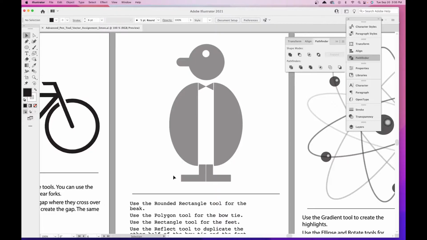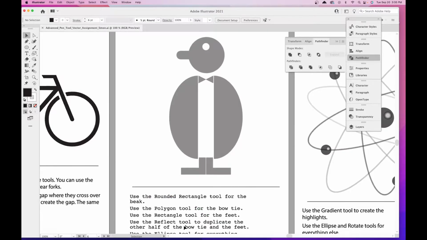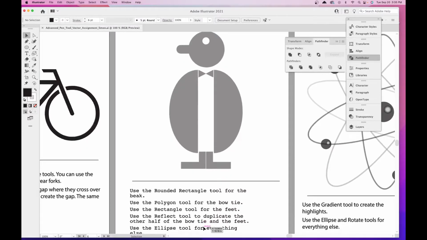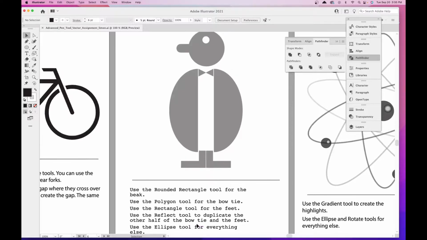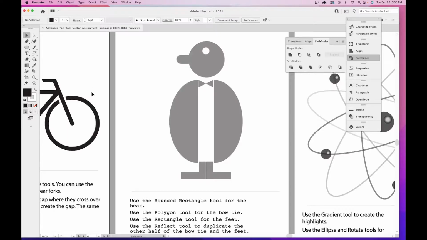Now for this next one, we're going to use the rounded rectangle tool for the beak, the polygon tool for the bow tie, the rectangle tool for the feet, and the reflect tool to duplicate the other half of the bow tie and the feet. And then we're going to use the ellipse tool for everything else. So let's start off with the rounded rectangle tool. So first we click here. If it's not under here,